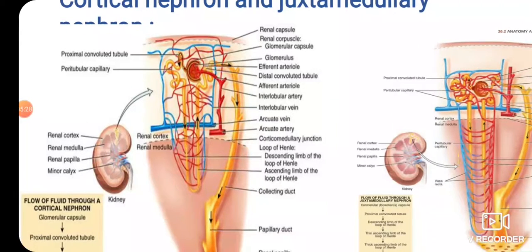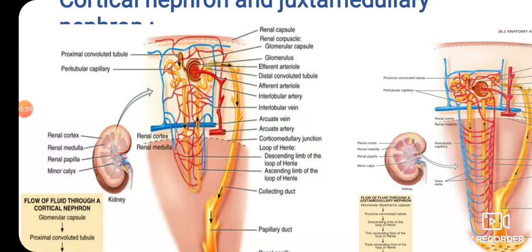You see that the outer part of the kidney has a renal capsule, and the renal corpuscle is here, having two parts, glomerular capsule and glomerulus. Then you see the efferent arteriole, okay, efferent arterioles, also the proximal convoluted tubule, peritubular capillary,